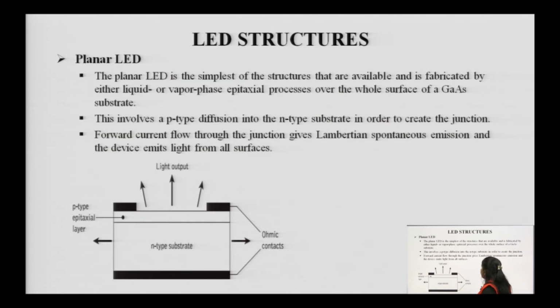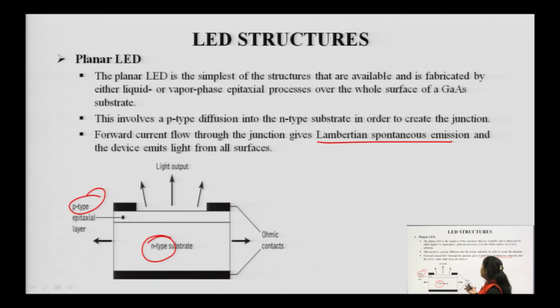This involves a P-type diffusion into the N-type substrate in order to create the junction. The junction is formed between this P-type and this N-type, and forward current flows through the junction. When the junction is formed, the forward current flows, which gives Lambertian spontaneous emission, and the device emits light. This is the simplest form of a PN junction diode in the form of an LED, which has the